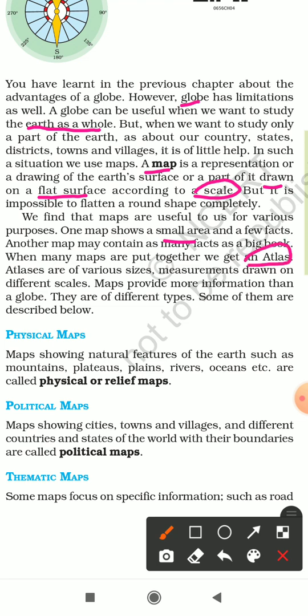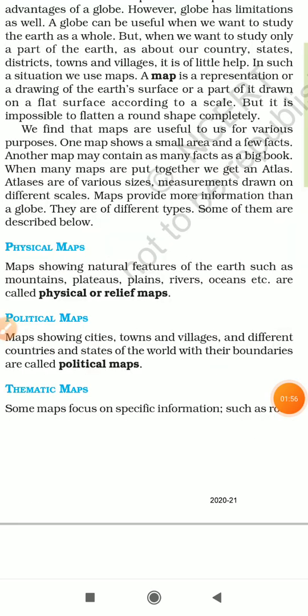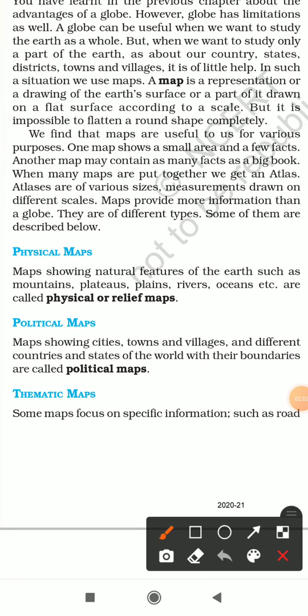So basically, an atlas is a book of maps. Atlases are of various sizes, measurements, drawn on different scales. Maps provide more information than a globe. There are different types of maps, and let us read about them.